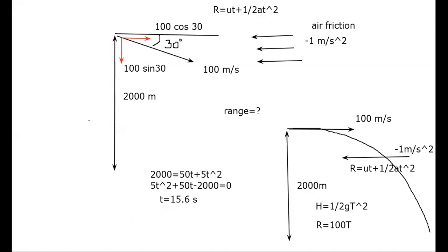Yeah, Parth. So in the third case, after you split into components, once you split the components, now you have the vertical case separately, horizontal case separately. So using the vertical case, you just get the time value it takes to reach the ground, because vertically I know the displacement. So using the motion equation, I can get the value of time, because all the other data is given to me. And that time I can use for the horizontal case. Friction is acting horizontal as per my question, that air friction is acting horizontal.